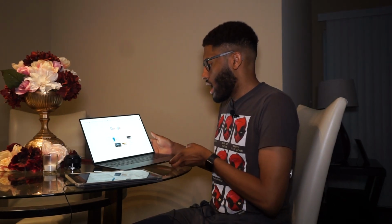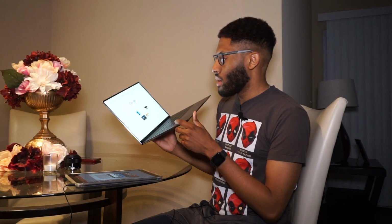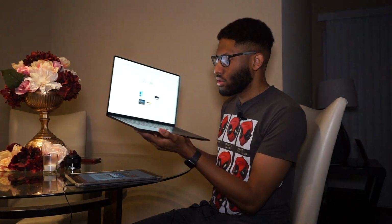I do plan on using this for some testing, like some scripting and stuff like that. So I did set up 2 or 3 VMs on here, and I also have VMs running in the background a lot of times on different screens. I didn't really think it'd be an easy way for me to switch over from my MacBook. I still do have an iMac, and that's what I'm editing this video on. So this isn't really replacing that, but I can say in terms of usability, Microsoft has definitely